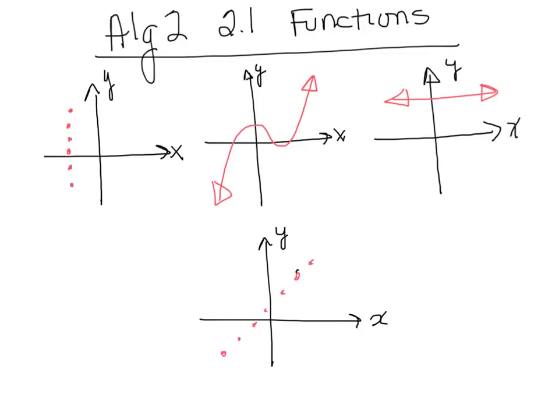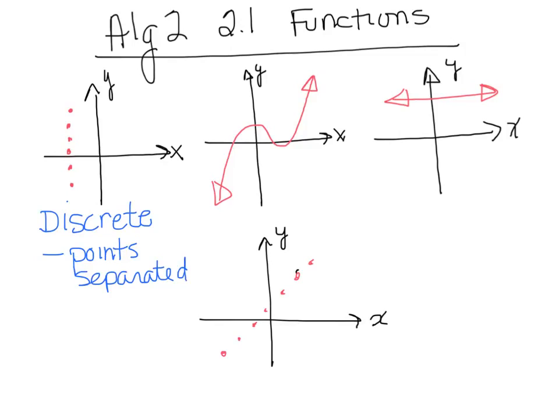But before we do that, this is a great time to bring up the difference between these two very different types of graph. We have this one here, which is an example of a discrete graph. And it is discrete because there are points that are separated, with spaces between them. And then you look at the other one over here, which is not simply points, but a continuous line. This is a continuous graph